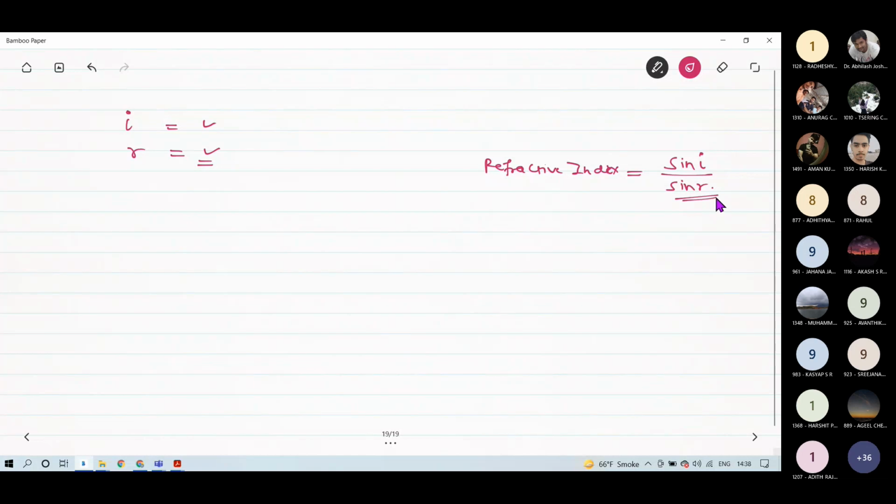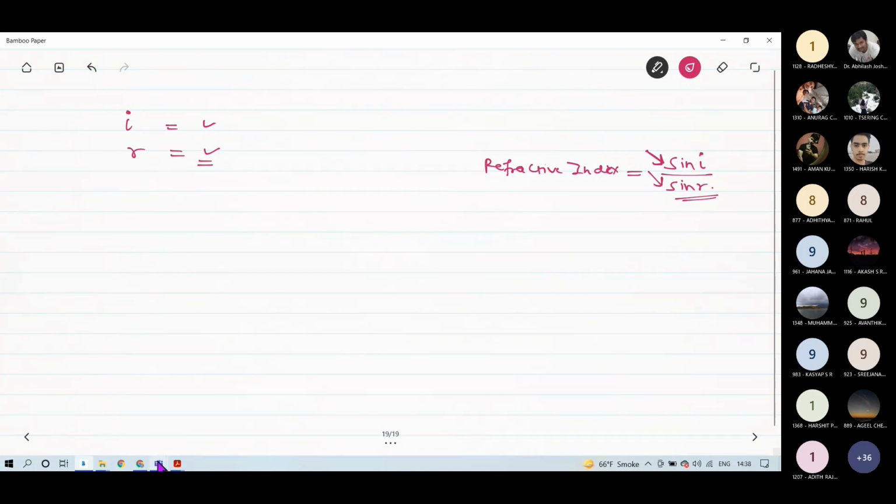Now, the real question is, can we calculate these values of sin? Can we calculate this value of sin into this C++ program?